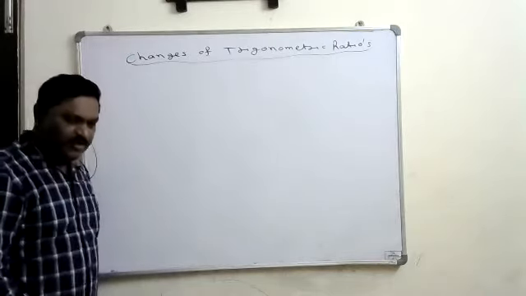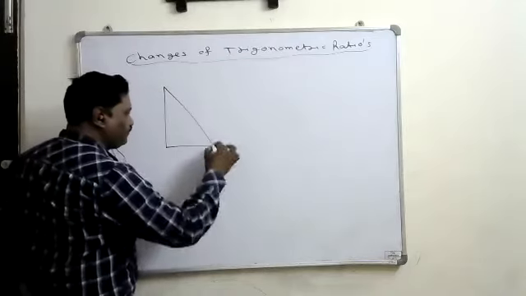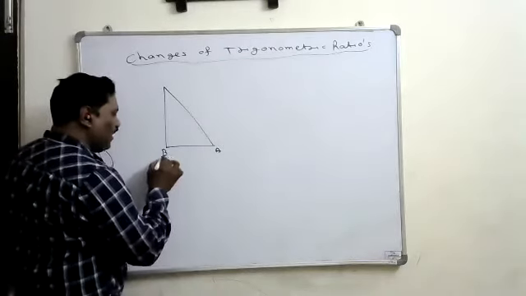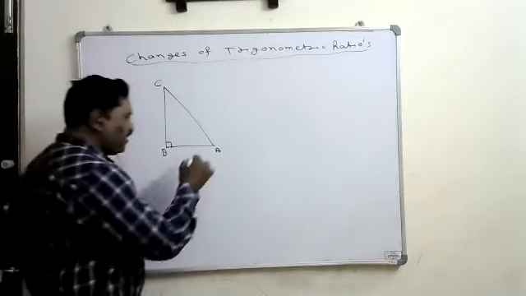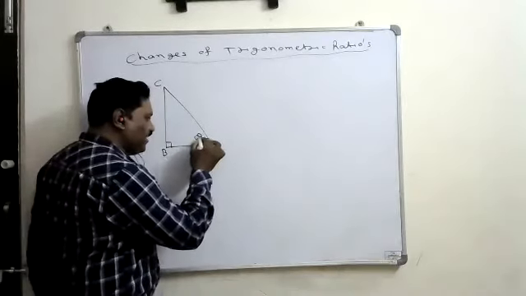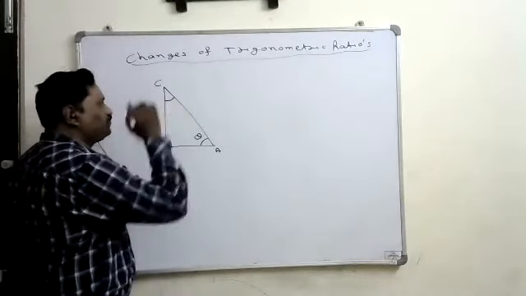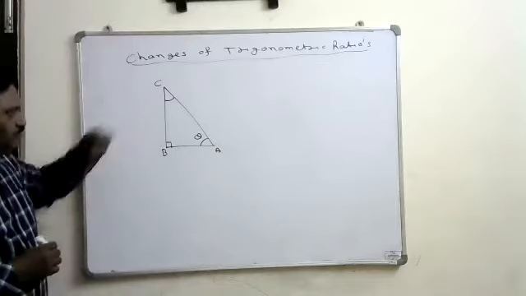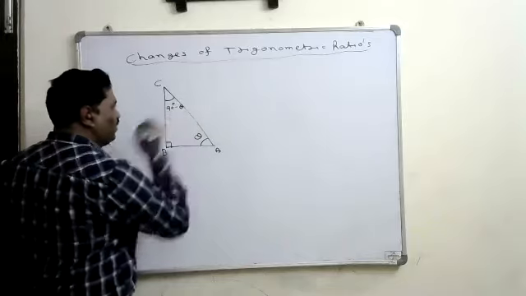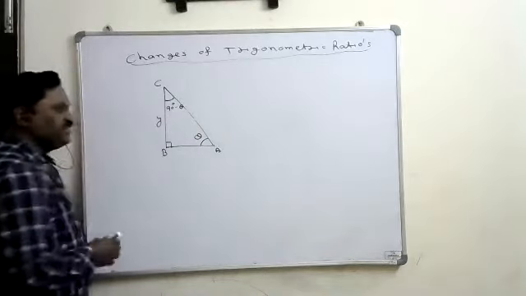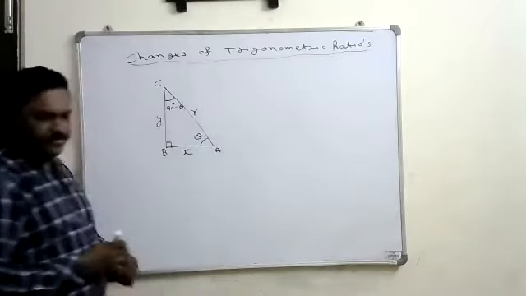Okay, just observe here. Suppose if I consider a right angle triangle ABC, right angle at the angle B. If I consider that the angle at the vertex A is theta, tell me what is this angle? ये angle क्या होता? 90 degree minus theta. And let us assume that opposite side is y unit, adjacent side take it as x unit, and hypotenuse take it as r unit.